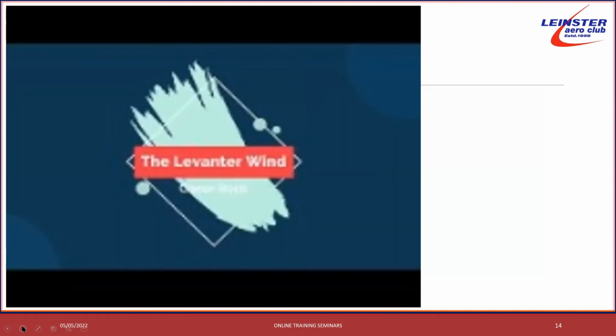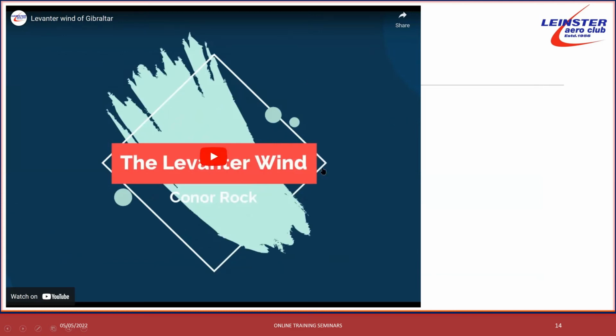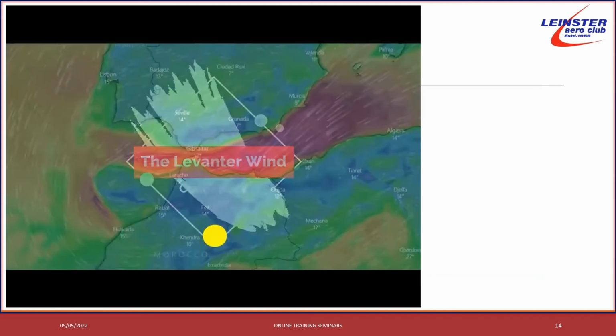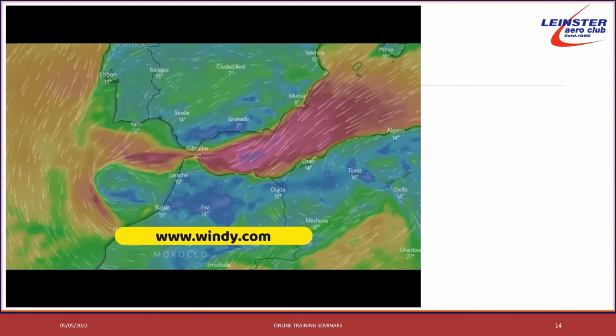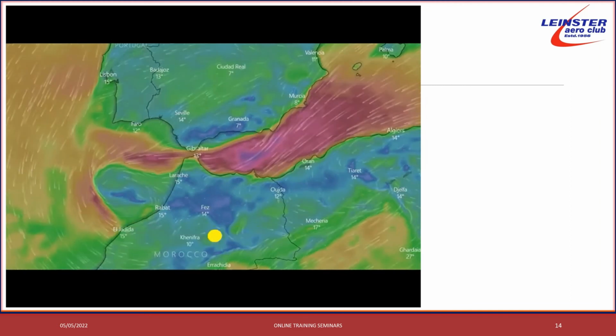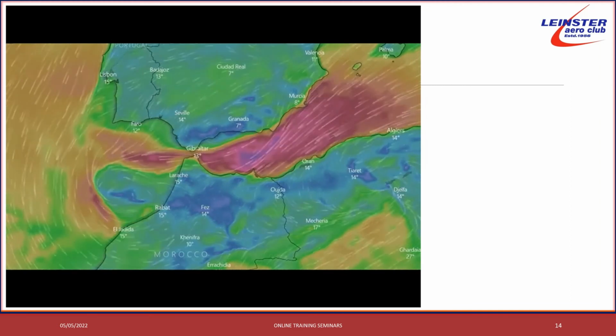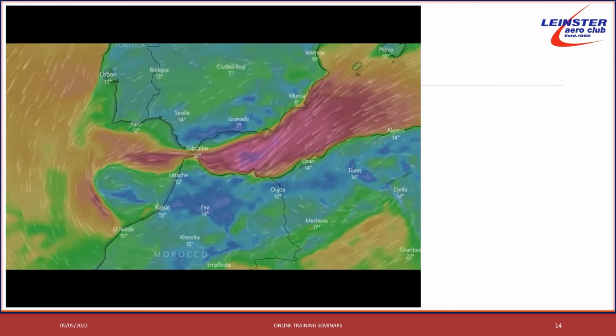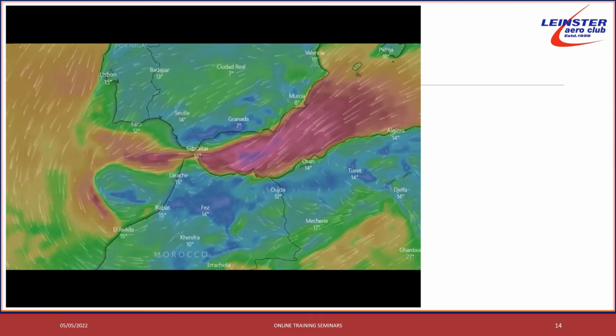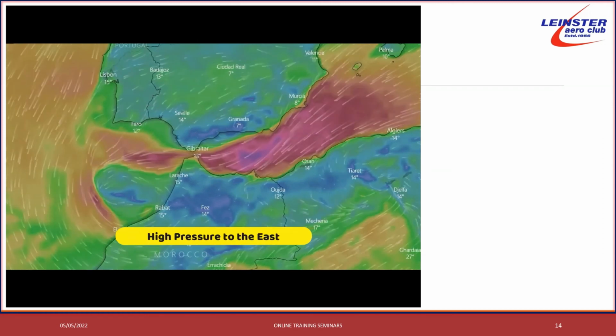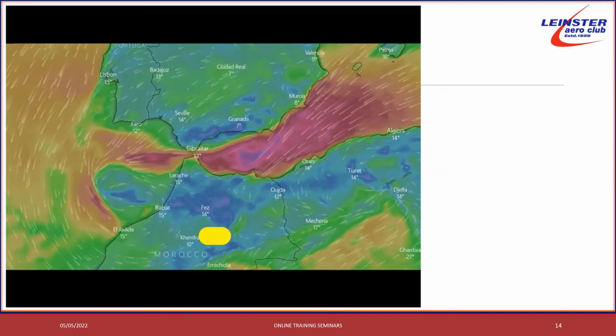So let's move on to the next one now, the Levanter wind. The Levanter wind is an easterly gap wind that frequently blows through the Straits of Gibraltar. The strongest wind occurs when there is high pressure to the east over the Mediterranean and low pressure to the